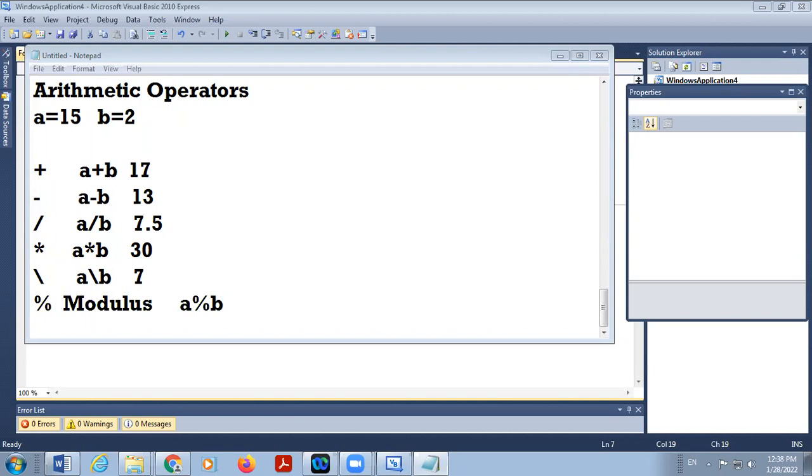Anvay, yes, sir. Then what will be the A result? Modulus B. Yes, sir. Sir,